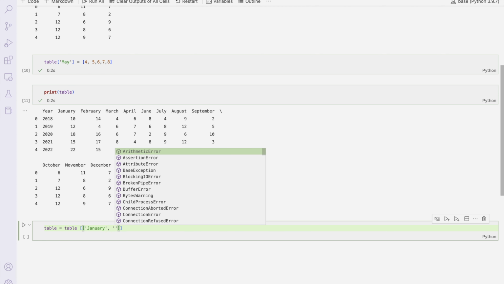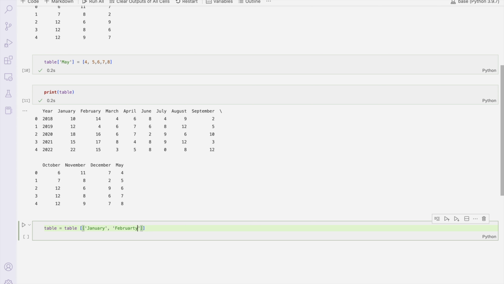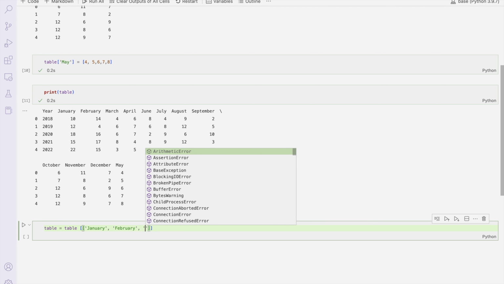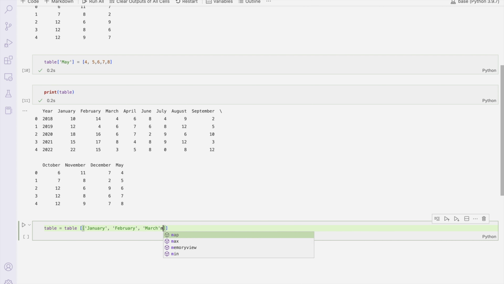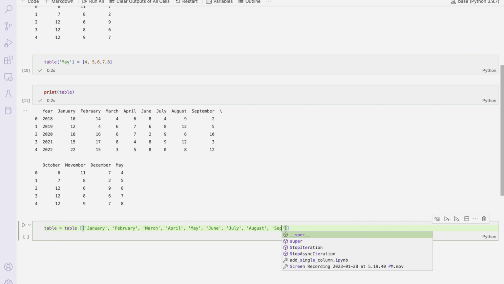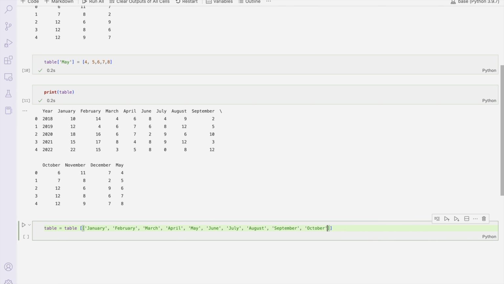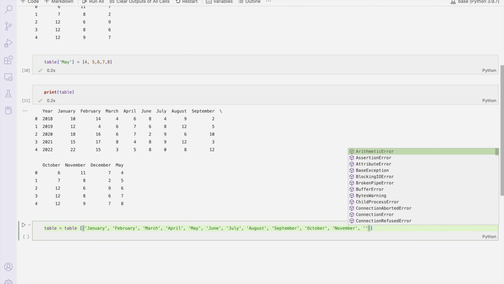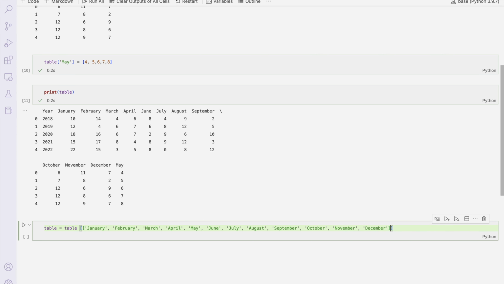So we have January, February, March, April, May, June, July, August, September, October, and finally December. So